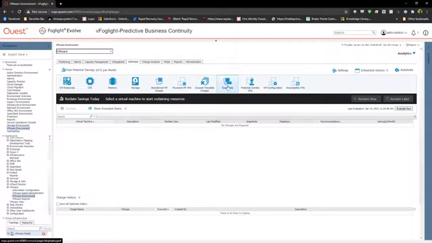But this is a great way to make sure that there's not a lot of waste that can build up in your environment and make sure everything is, again, as efficient as possible. And there's no wasted resources, in this case, disk space laying around.